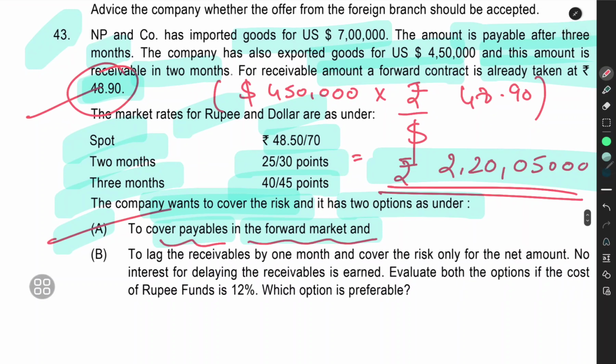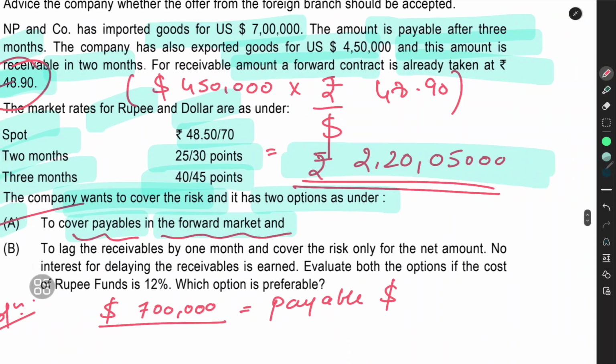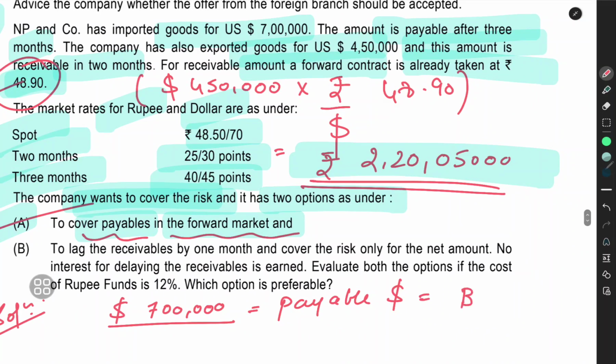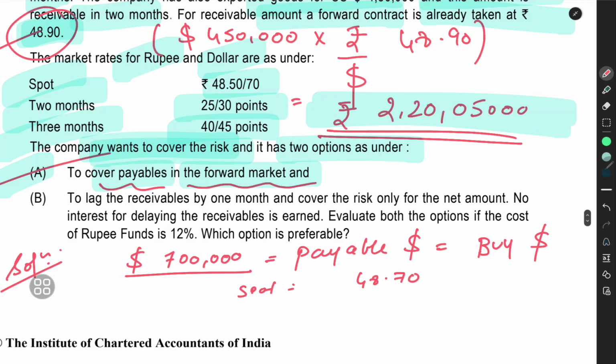We can just go to the solution in the study material and see that, but this first part we'll do anyway. So the payable is $7 lakh. In order to pay dollars I will have to buy these dollars, and it's a direct dollar quote. Since the customer is always at a loss in the market, the customer will buy high. So buy high, therefore my spot is 48.70 is what I'll select, plus